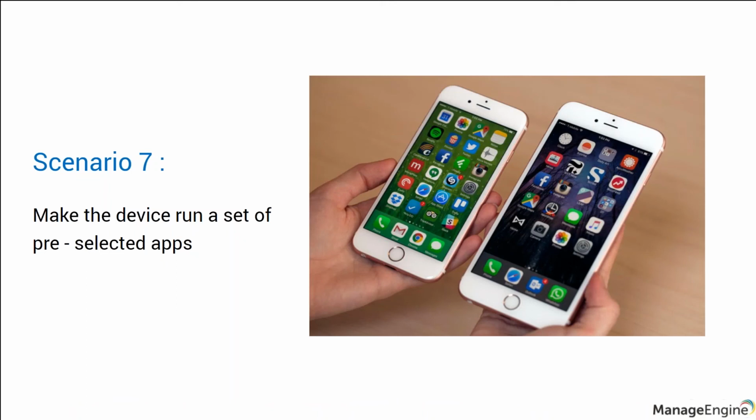This is the next case. Companies such as Uber require that their drivers use only a few apps on their phone, be it for navigation and or for customer pickup. Similarly, in the healthcare industry, hospitals make use of devices that are frequently used by the staff to enter details on the patient. This device can run only a single or select few apps if required. Well, let's see how this can be done. Back to the product console.